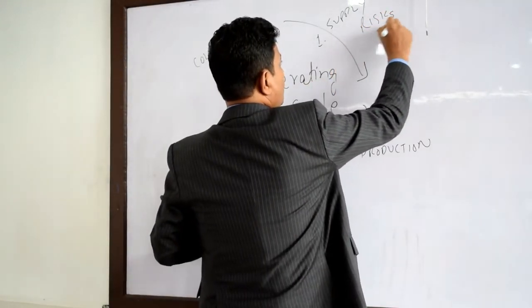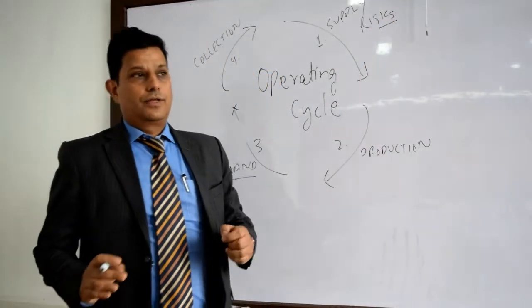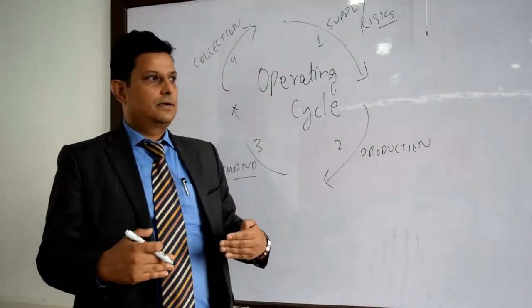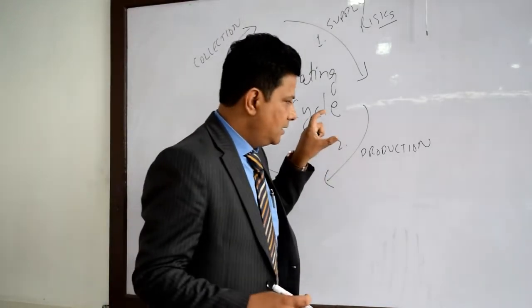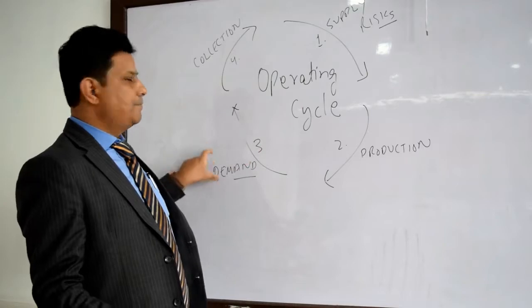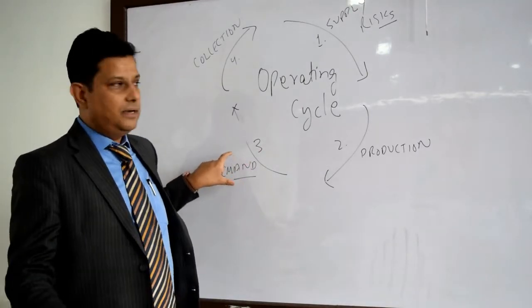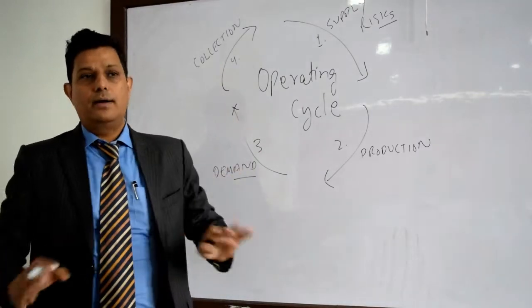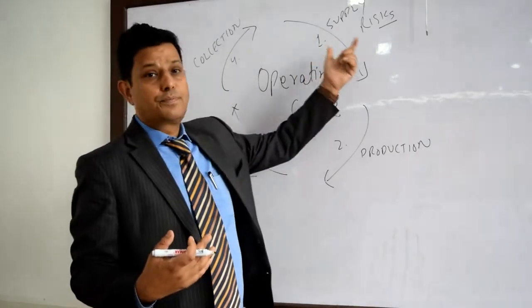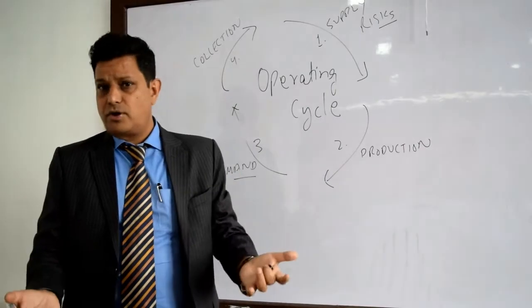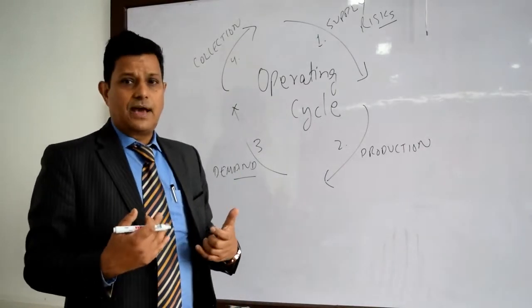Now, things can go wrong. There could be some inferior products coming into my store, which will ultimately impact my production, which is servicing, and impact my demand because customers will not be happy. The entire operating cycle will go haywire. My company will go down. So, am I talking about wrong products? Am I talking about inferior products? Am I talking about delay in receiving? Am I talking about